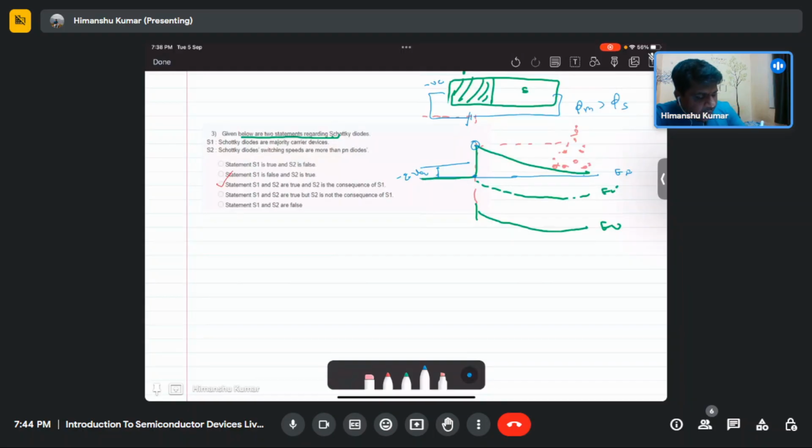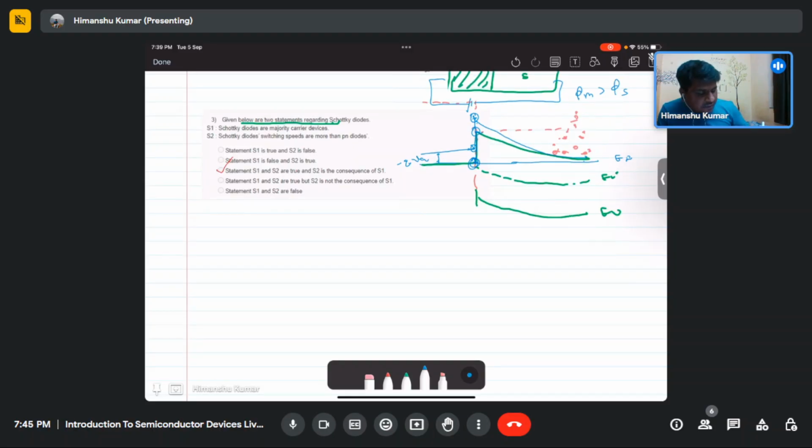So when you apply the bias, if you want to draw the band diagram, if your Fermi level is moved up, then you need to move proportionally; this gap is the same as this gap. So this upper gap is the same as the lower gap. Then if you apply negative bias, this barrier height will become more and more, so these electrons will feel more barrier.